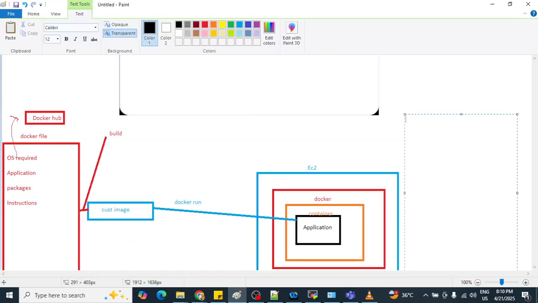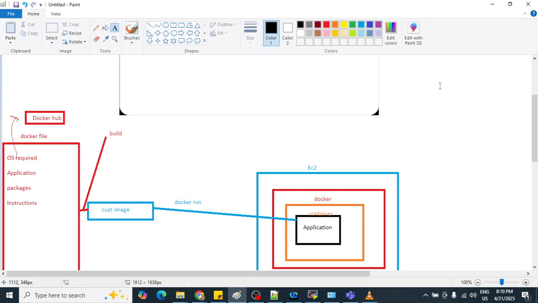So in my last video, if you are going to run that particular Python application, what are the requirements? You required EC2, in which you need to run that particular application. You require a repository. Let me write it so that it will be easy to understand the concept.